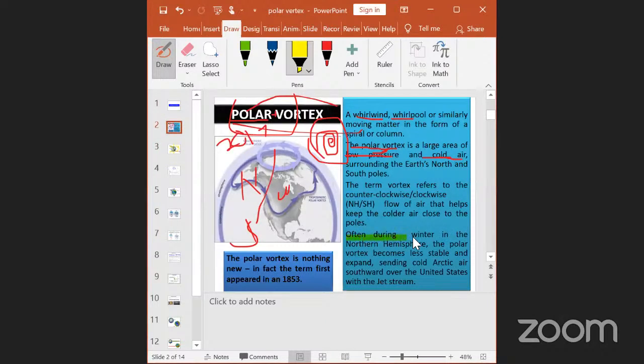So now it is winter in the northern hemisphere. When we say that, it means the sun's movement is in the southwards direction, right? So this oscillation leads to this. So the polar vortex becomes less stable and expands further. If we say this oscillation,